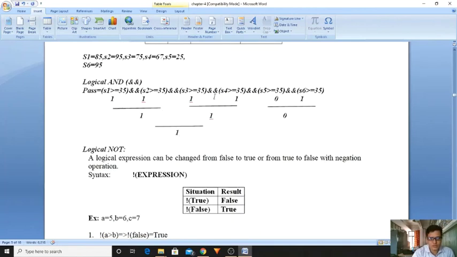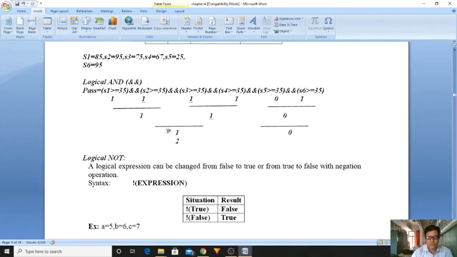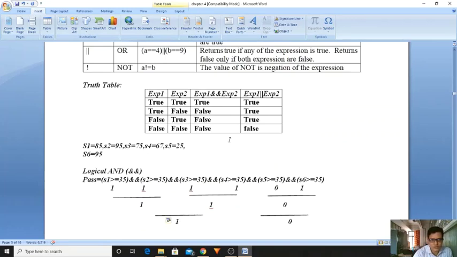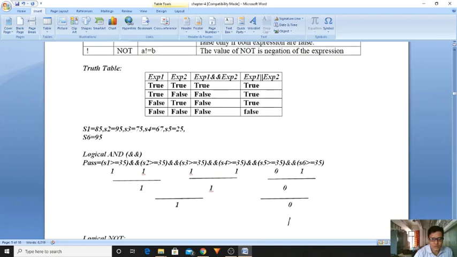Already this and this have been compared. Now this and this should be compared, right? So 1 and 0 exist. What is the output of true as well as false? True means 1, 0 means false. So what is true and false in the logical AND table? It is false. Got it? So then what is the output? It is false.